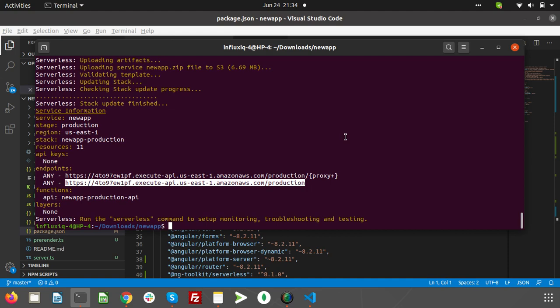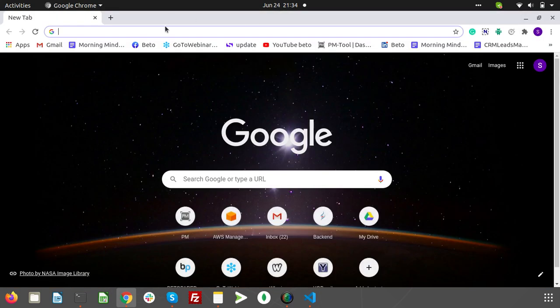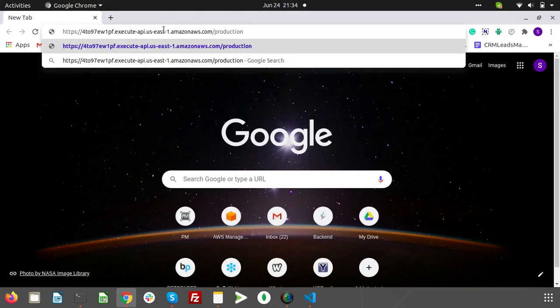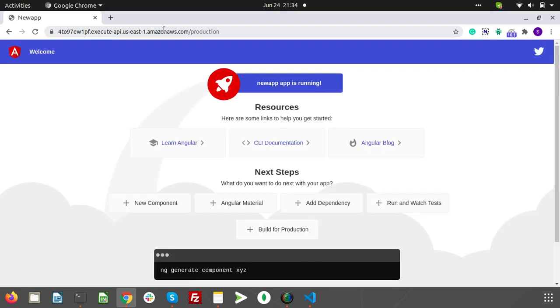And if you copy the lambda URL and paste it on a browser, we can see that the project has already been created. This is the new Angular project that we wanted to deploy in a Lambda serverless environment.